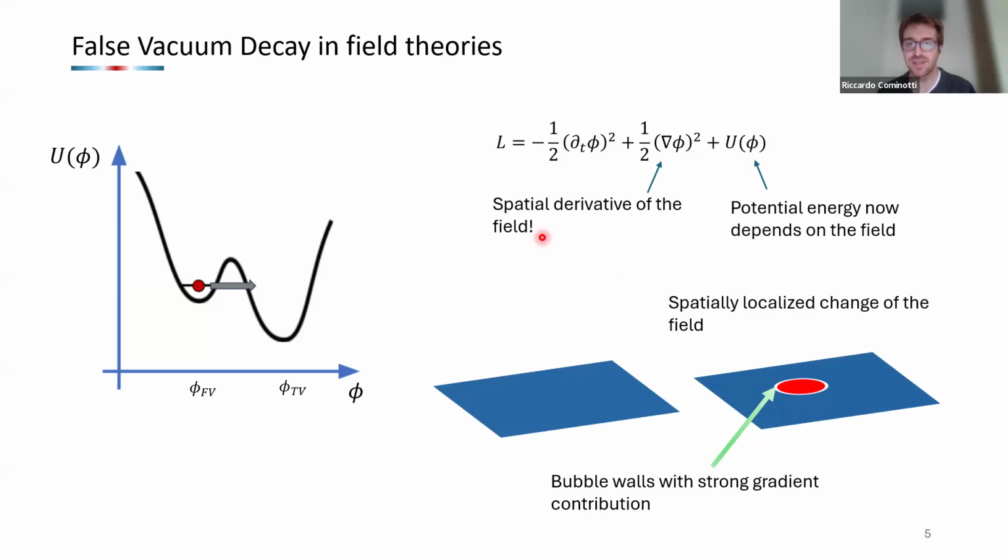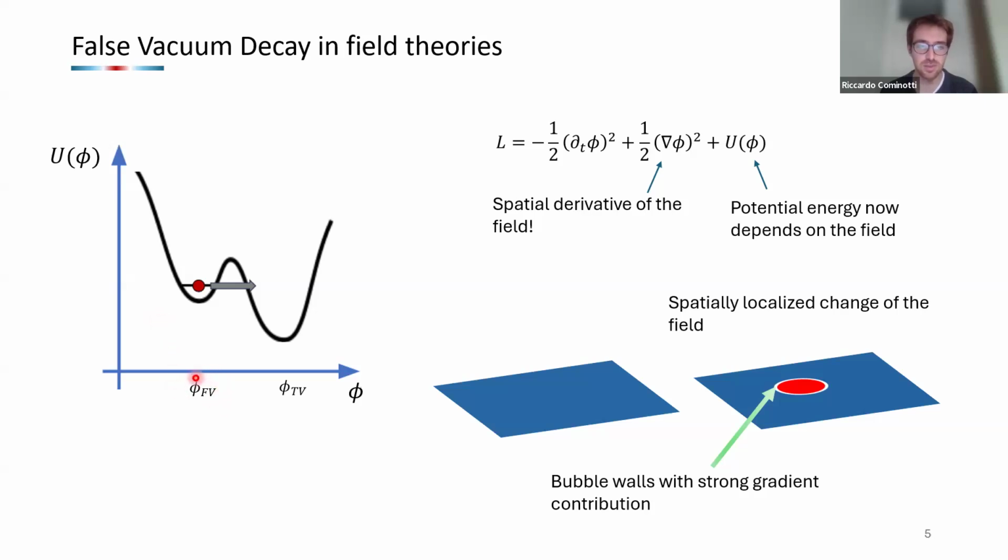So we can start by writing down the Lagrangian for a relativistic scalar field, which now contains several terms. It contains a time derivative, it contains a spatial derivative, which was not present in the previous case, and it contains a potential which now doesn't depend on space, but it depends on the state of the field itself. So if we take the same shape of the potential,